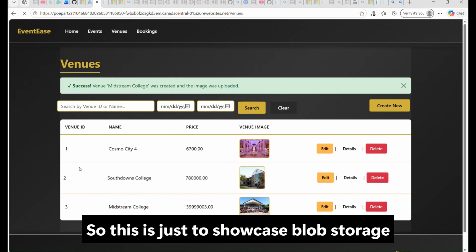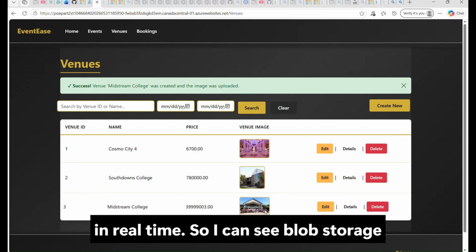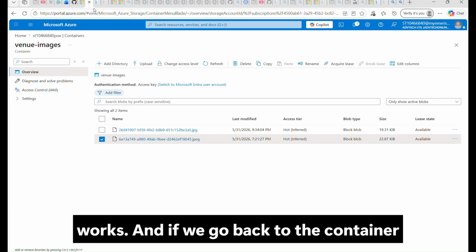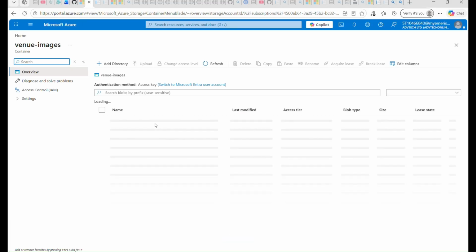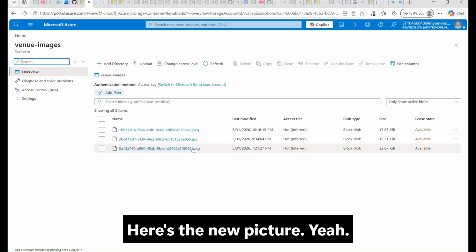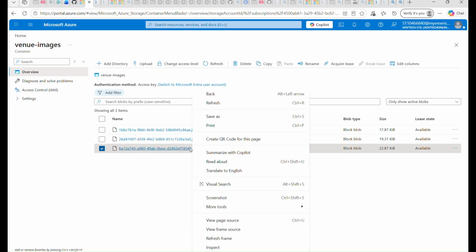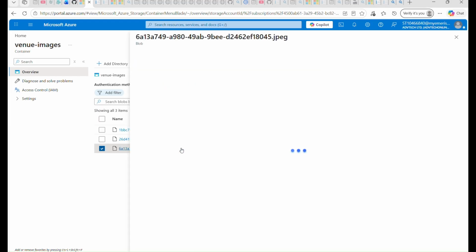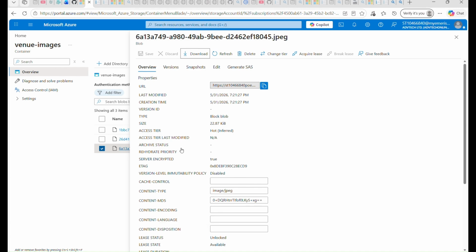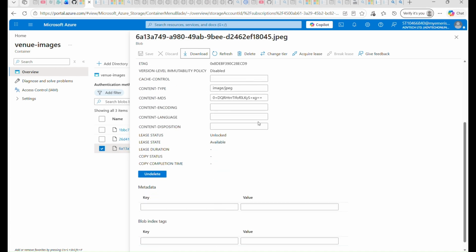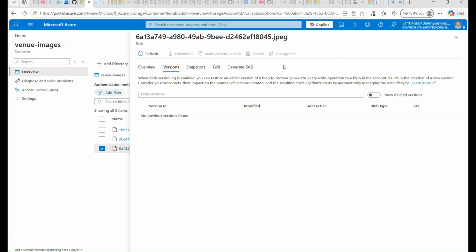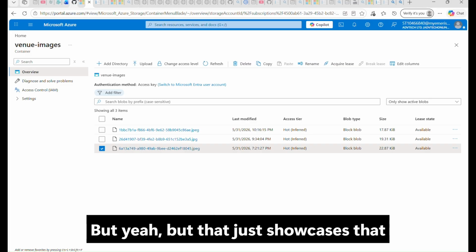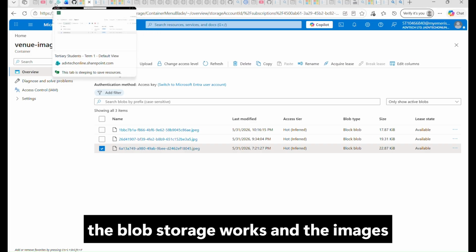So this is just to showcase blob storage in real time, so you can see blob storage works. And if we go back to the container and I refresh this, you should be able to see the new picture. There's the new picture. There should be a way to view this. Snapshots. Okay, but that just showcases that the blob storage works and the images have been saved